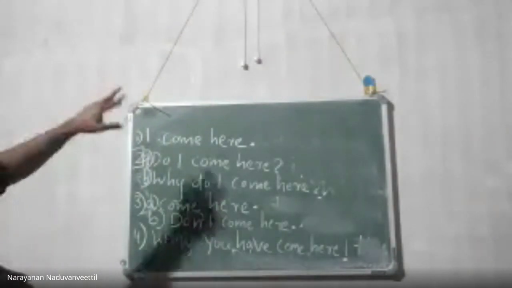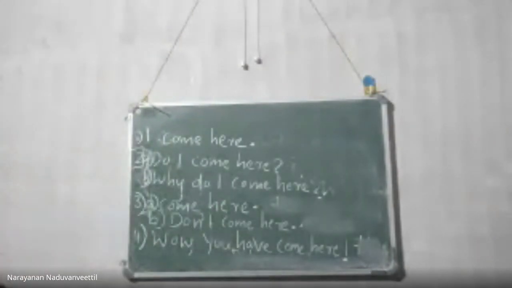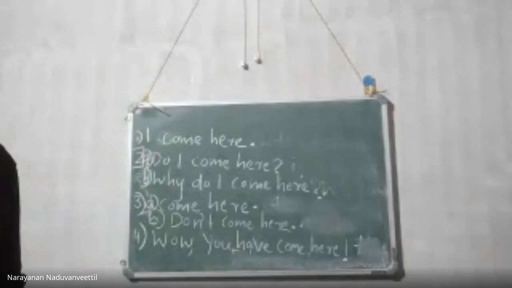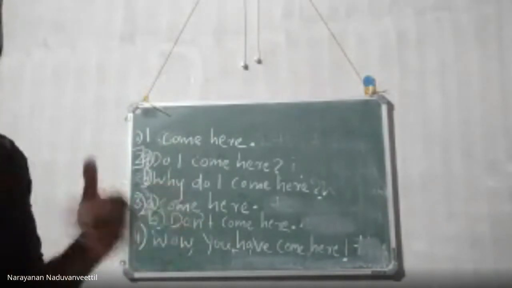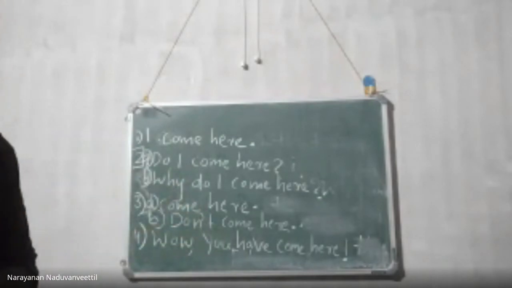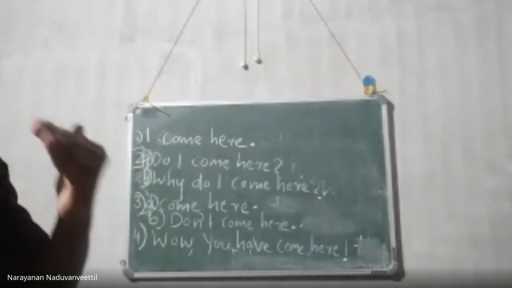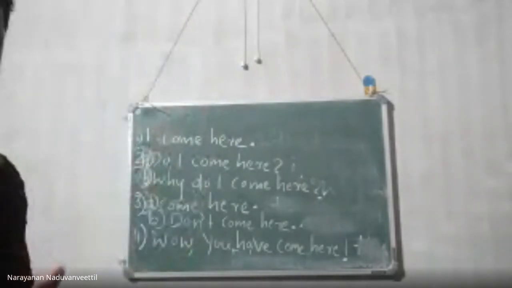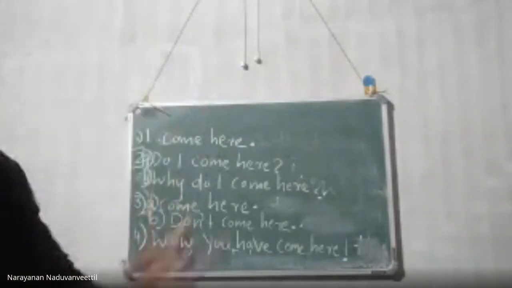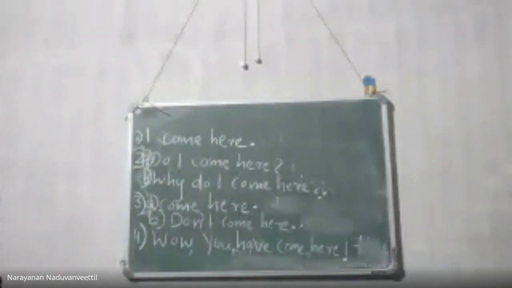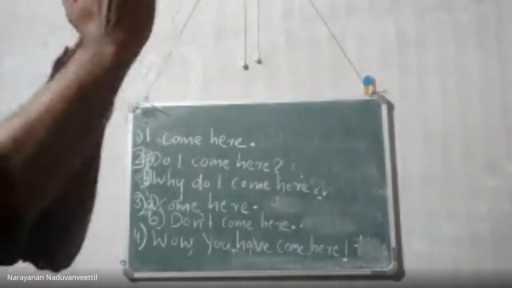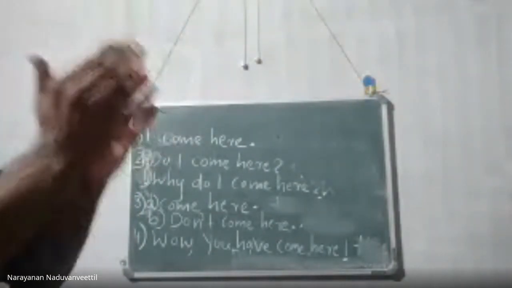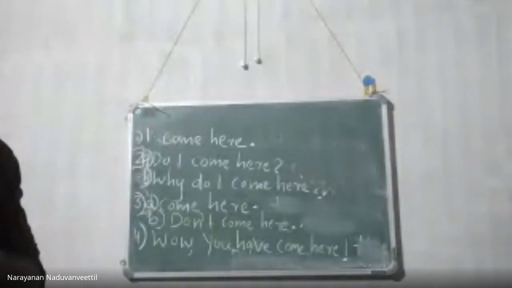Next, imagine that this pronoun is you. If the pronoun is you, they said, "You come here." You means it may be you, but no, you are not at all participating. So you also changes into he or she, because another person, who is not participating in the dialogue, is reporting this. So the personal pronouns, first person and second person pronouns, change.